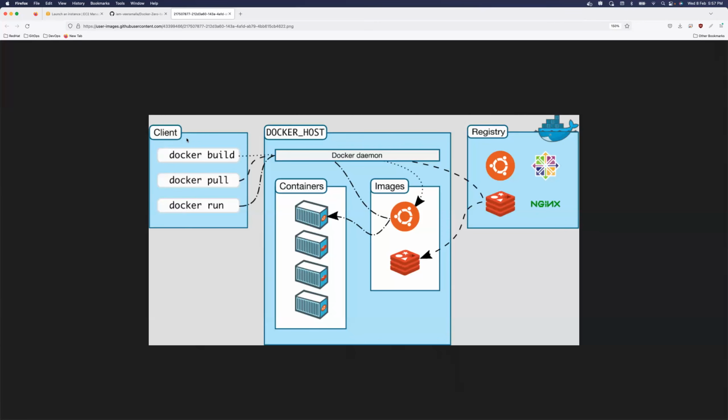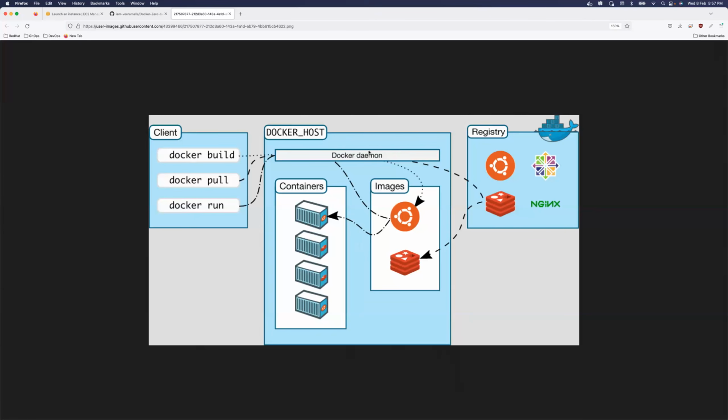Basically, using the Docker client, the CLI, you can execute some commands which are received by the Docker daemon. What is the Docker daemon? It is a process that you are going to install. When I say you install Docker, that means you are actually installing the Docker daemon. The heart of Docker is the Docker daemon. Whenever you run Docker CLI commands, they are received by your Docker daemon and executed. When they execute, they create Docker images, they create Docker containers, and finally using the Docker daemon itself, you can push your Docker images to your Docker registry.